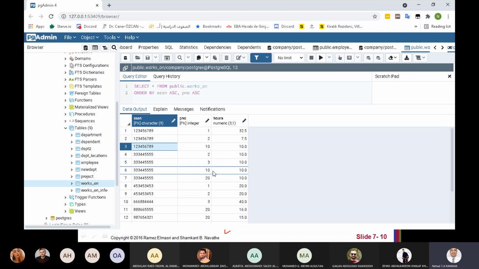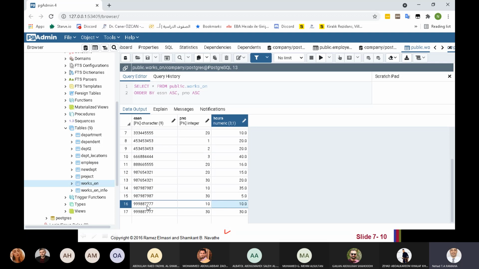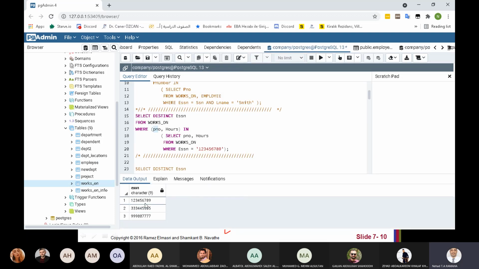Because there are more employees here working on project 10 for 10 hours, this one, 555, and also project 10 for 10 hours, 777. So this is the result: the employee himself, with his same number, and the employee whose number was 555 and the employee whose number was 777.